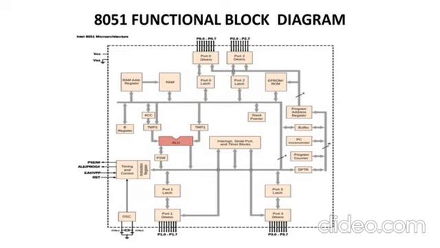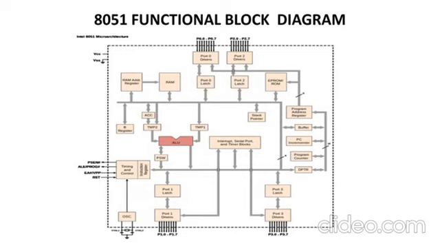Now, DPTR is a 16-bit data pointer. Whenever you use external memory, this data pointer is used to point to those addresses. It is 16-bit, and it can be accessed as 8-bit and 8-bit, that is DPL and DPH: data pointer lower order and data pointer higher order. Next you have the program counter.